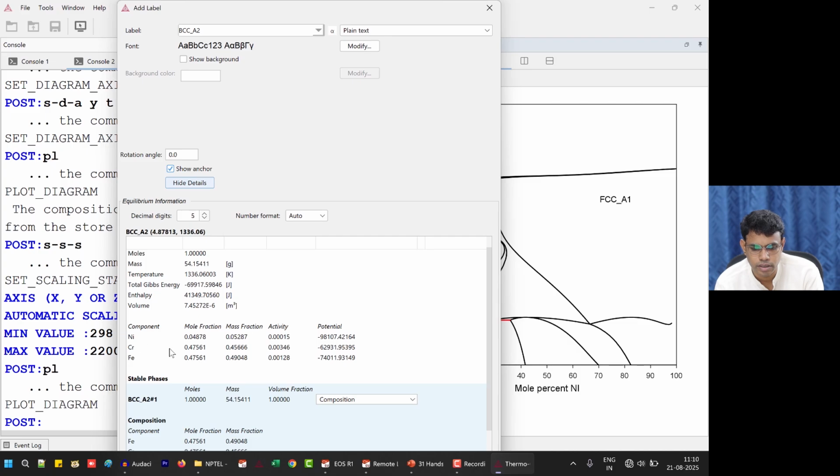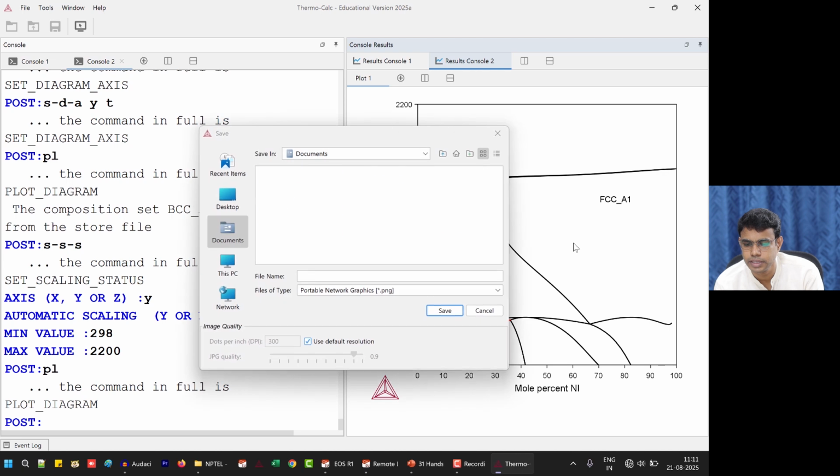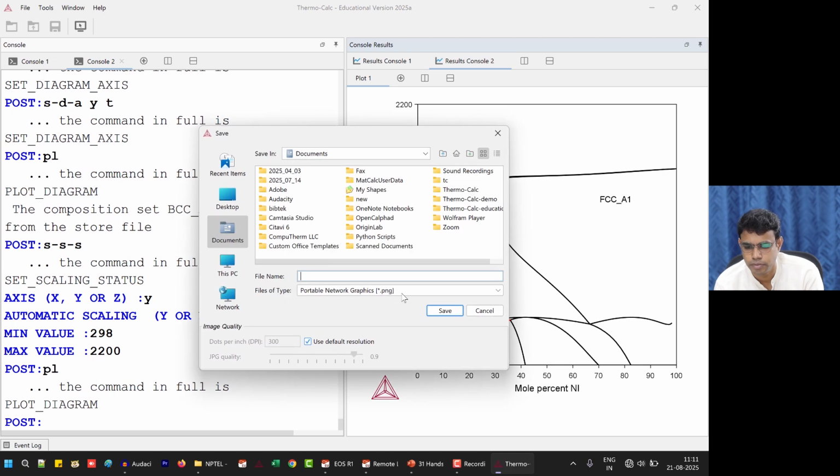You can see here, mole fraction chromium 0.47561, iron 0.47561. So Cr and Fe maintain the same ratio throughout. Okay, so you can right click, save as, give a file extension and location, and save it. Okay, right now I'm cancelling it.